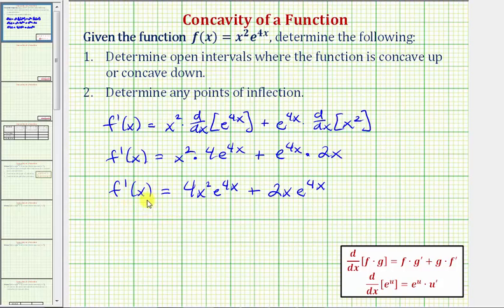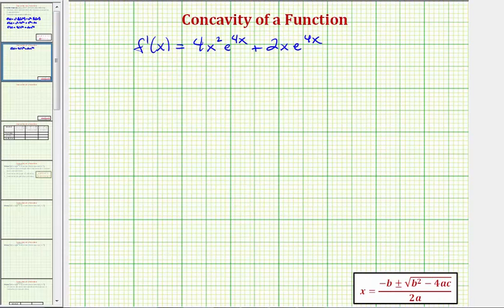In order to find the second derivative, notice how we'll have to apply the product rule to find the derivative of the first term, and then the product rule again to find the derivative of the second term. And let's do this on the next slide. So f double prime of x is going to be equal to, for the derivative of the first term, we'd have the first function 4x squared times the derivative of the second function, which is the derivative of e to the 4x,